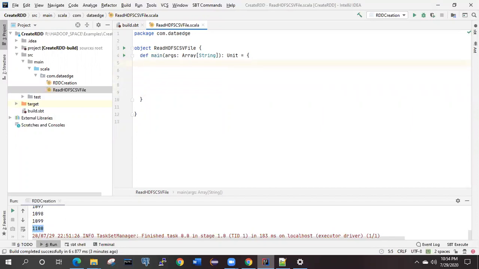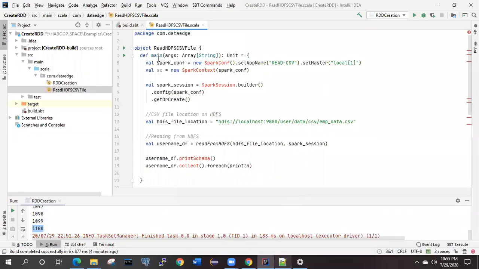Now the first thing you need to do, as we know for each and every Scala application, first we need to create the Spark context object. Only by making use of that are we going to enter into the Spark based application. So I have already written the code in my notepad. I'll be pasting it over here and then I will be explaining the things to you.